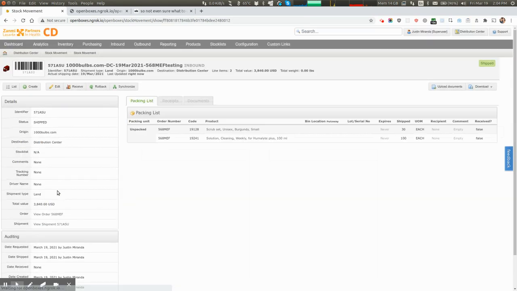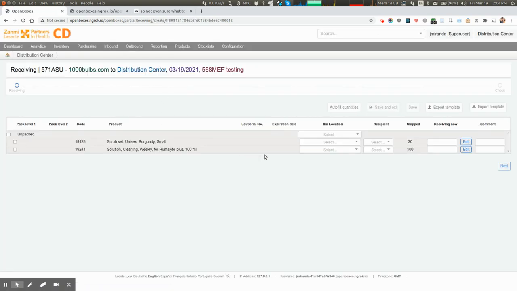And now we have sent the shipment from the shipper, and now we're ready to receive it. So that's essentially the flow. From here, let's just go all the way to the end. You might want to receive into a